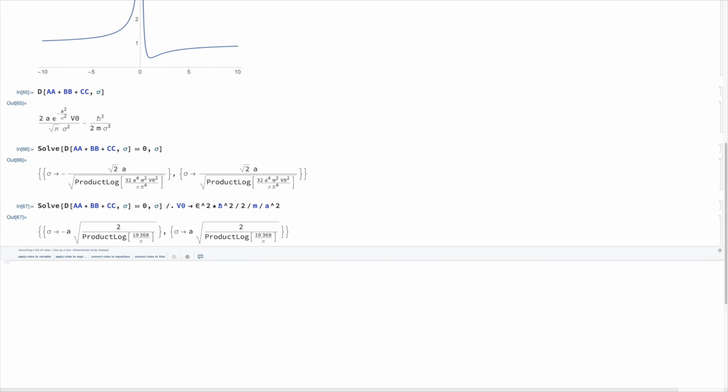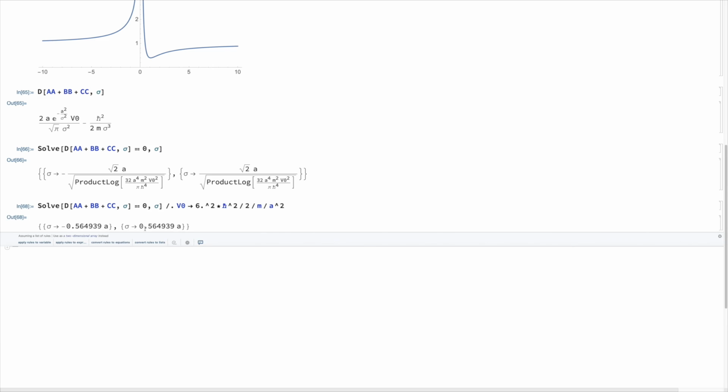Well, I can invert that, and I've done the algebra here for us. So I can invert that for v naught, and I get that it's equal to z naught, which the book uses in their example as 6, times h bar squared divided by 2m a squared. So I'm basically now choosing the same z naught that we had in the book, so that maybe I can get something prettier here. And note that I put a 6 period in because, well, I'll show you. If I don't put the period in, it gives me this expression. But product logs, remember, are just functions, and so if I force them to be just numbers, I get out just numbers. And now I see that the minimum is actually around 0.56